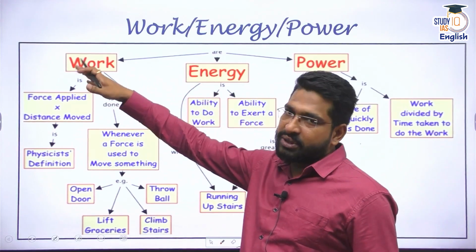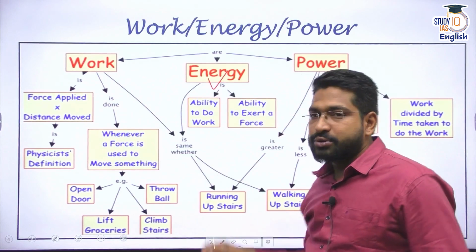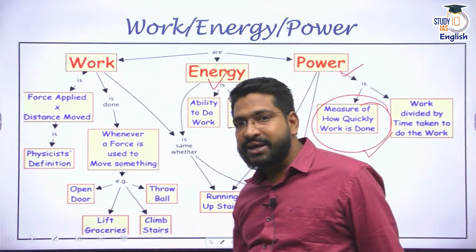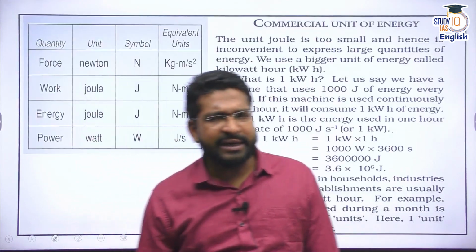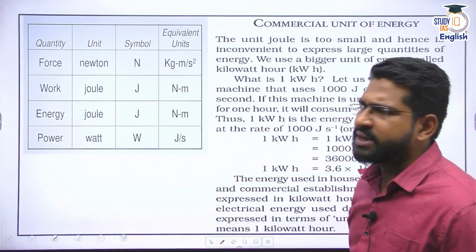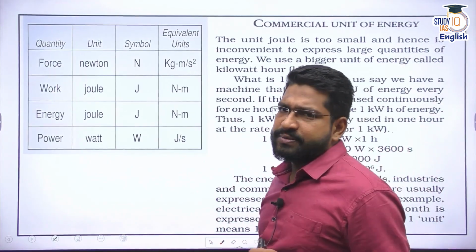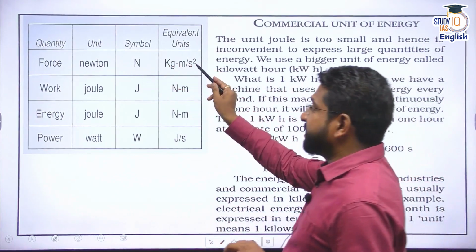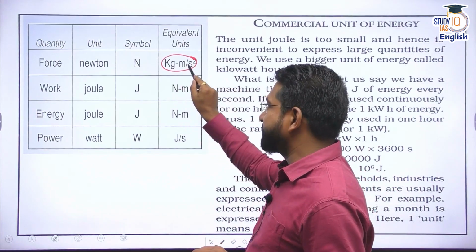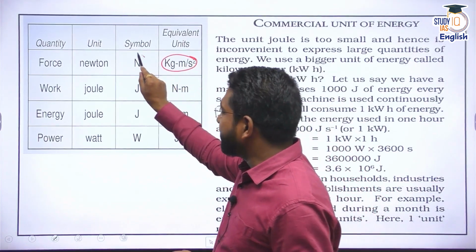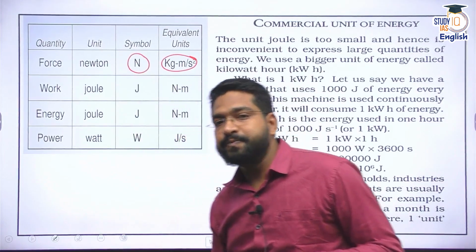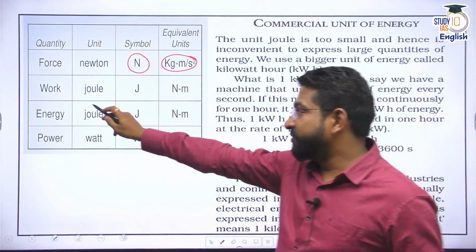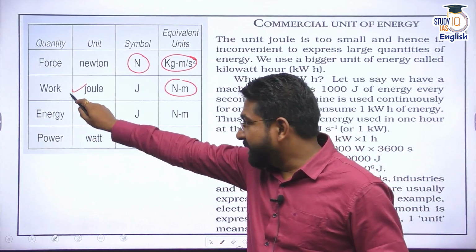Work is equal to force into distance. Energy is the ability to do work, and power is the measure of how quickly the work is done. And that is why all three entities are connected through different units as well. Please try to understand, as I told you before, force is equal to mass into acceleration, right? So mass into acceleration, we get kg meter per second square, kg for mass, meter per second square for acceleration. This is denoted through a symbol of Newton. But when you multiply this Newton by meter, you get the unit for work. Unit for work is joule, which is Newton meter. Unit for energy is also the same.